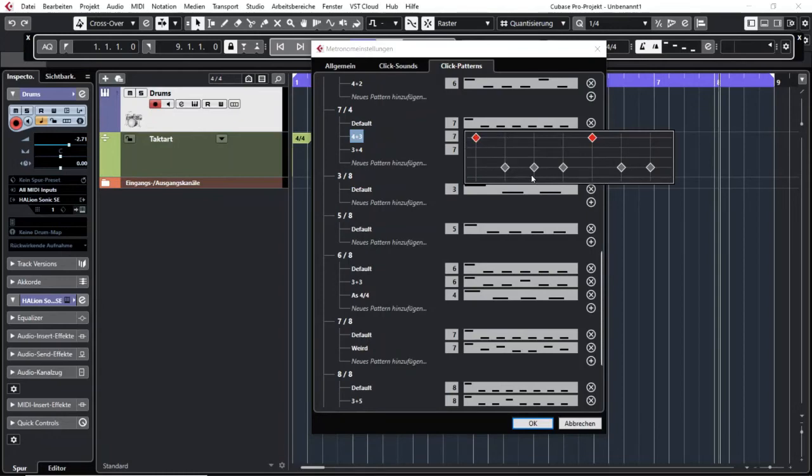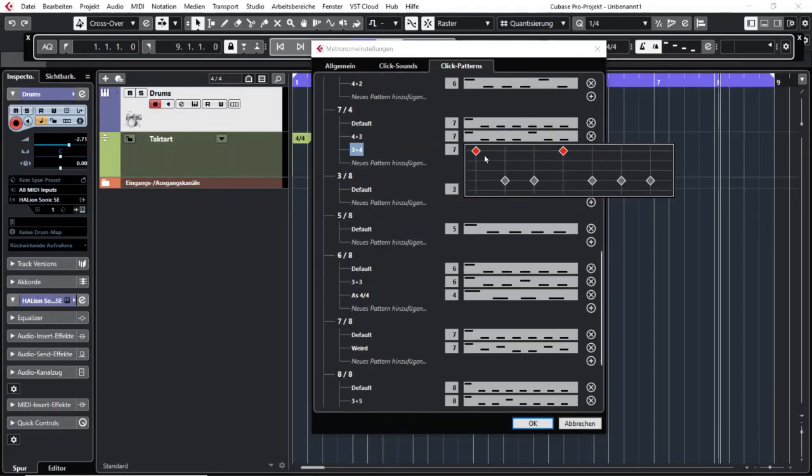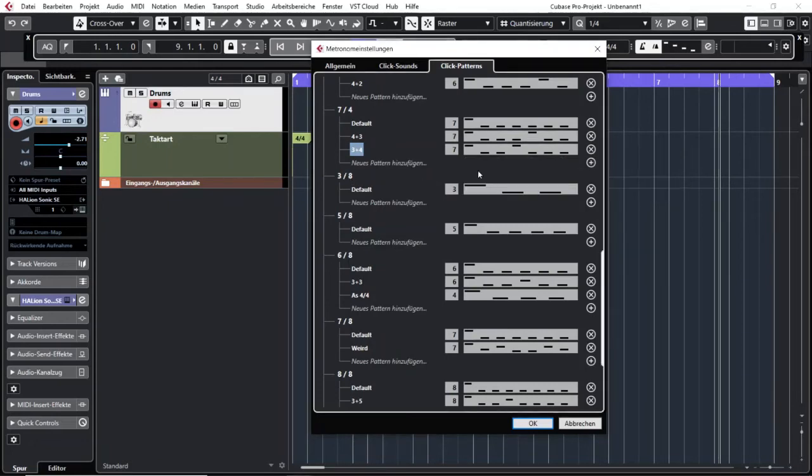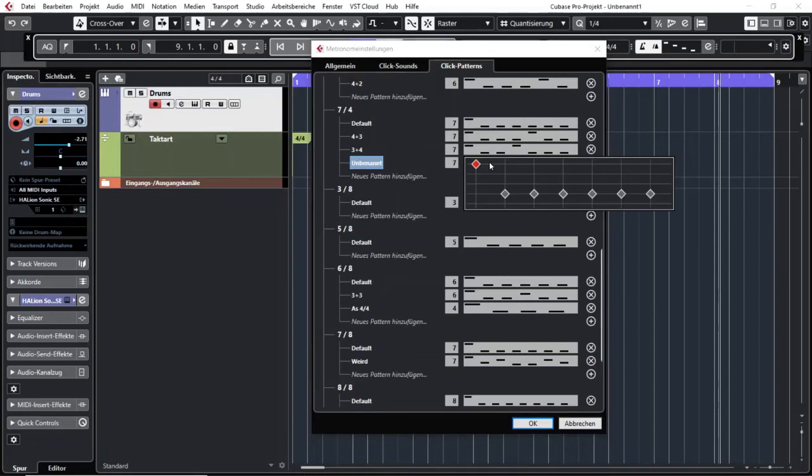You have 1, 2, 3, 4, 1, 2, 3, or the other way around, 1, 2, 3, 1, 2, 3, 4. So if you have your own idea of 7/4, then you just click on do another one, and you go like